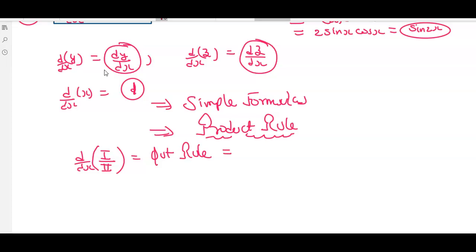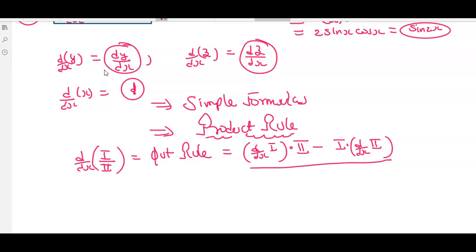And this quotient rule of derivatives suggests that we go like this: first, the derivative of the first function, second function as it is, minus first function as it is, and the derivative of the second function. It is just like the product rule, but the minus is important. And of course in the denominator we have the square of this second function.